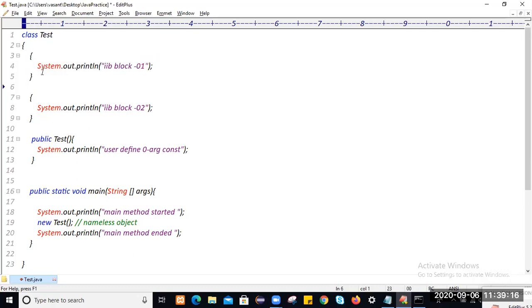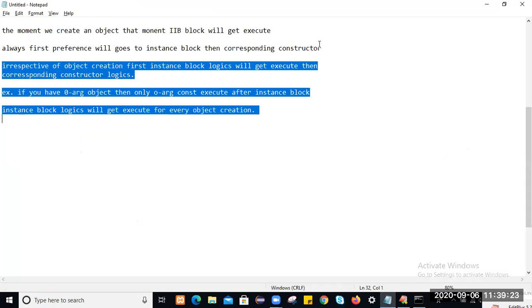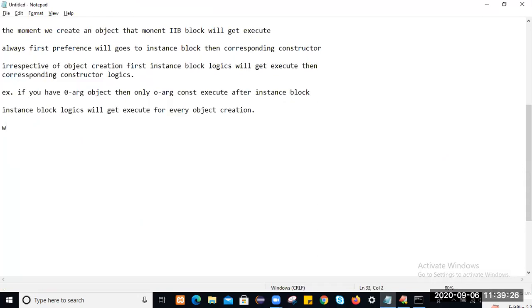Can we keep multiple IIB blocks? Yes, we can keep multiple IIB blocks. Okay, write down: we can keep multiple IIB blocks within the class, but